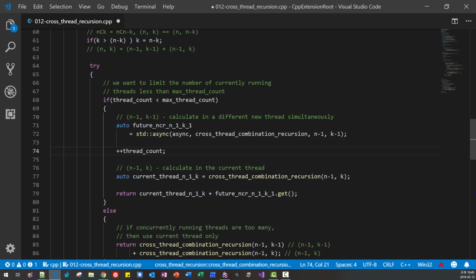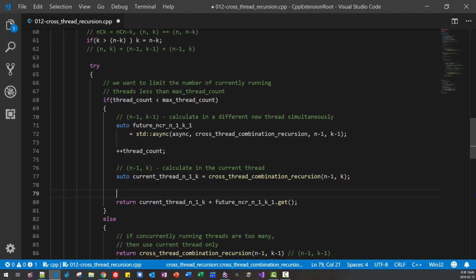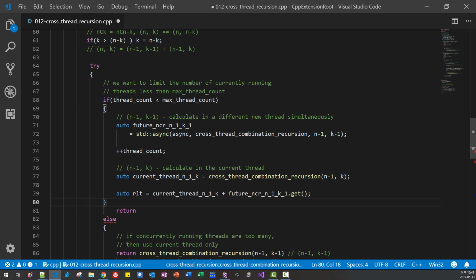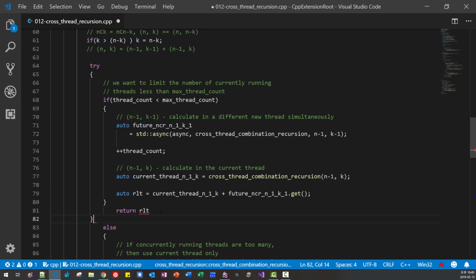Okay, then I will create another one here. Auto RLT means return value. I will copy this code, cut, paste, and instead we are passing return here. Sorry.